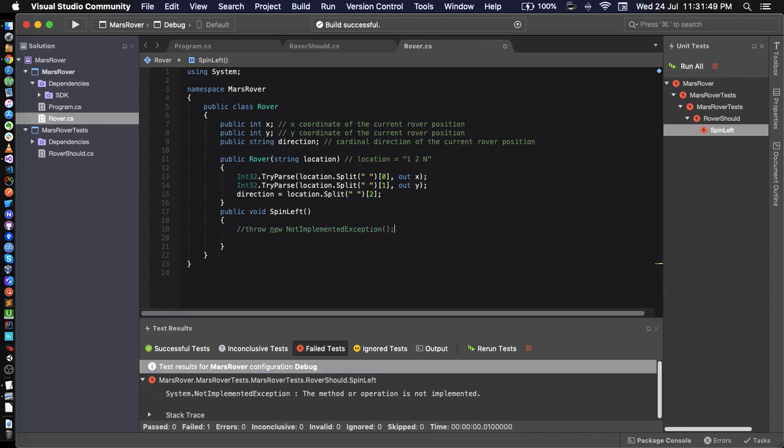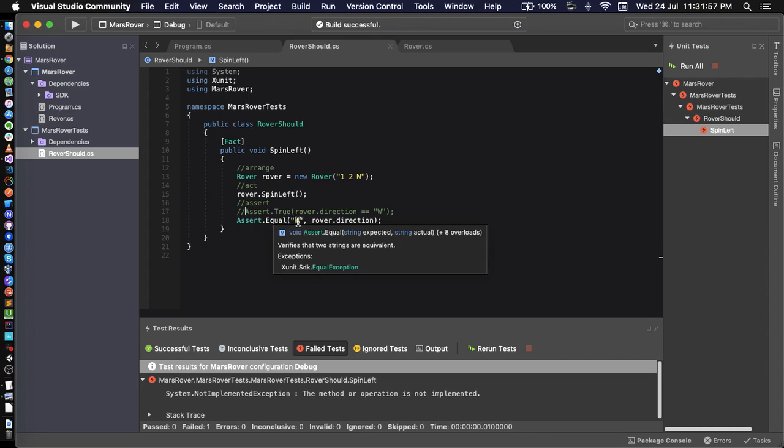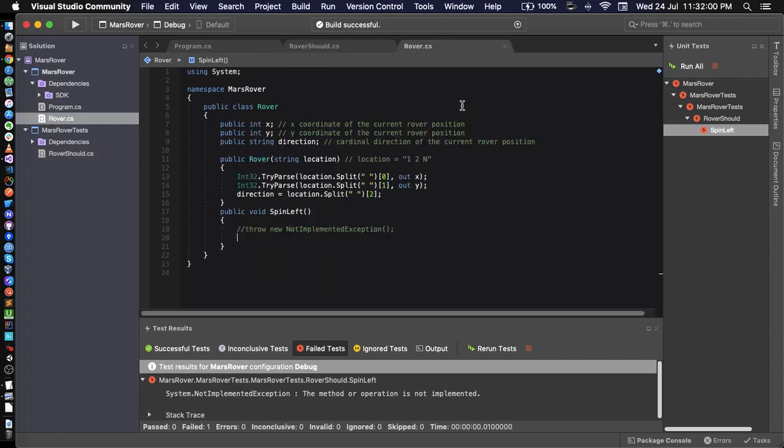So let's quickly deal with this, and we might call it a wrap just after one or two or three methods. So assert.equal west rover.direction. All right, throw new NotImplementedException. So what we want to do here is put in some conditional logic that determines where we are currently facing and then changes it to where we should be facing after rotating in the direction of left. So if we say switch,